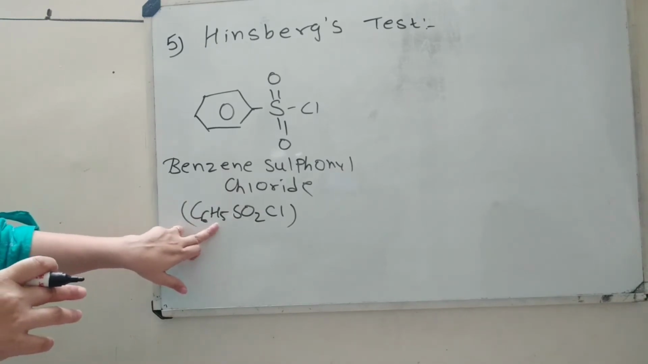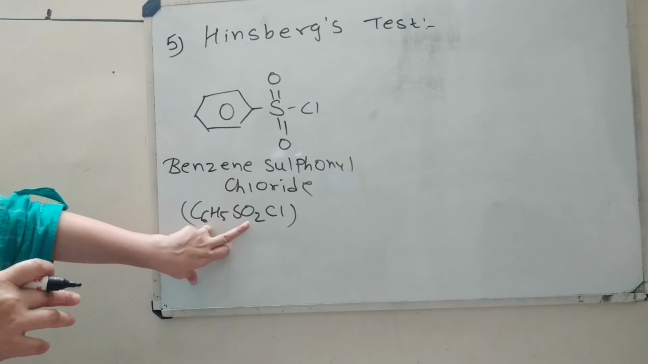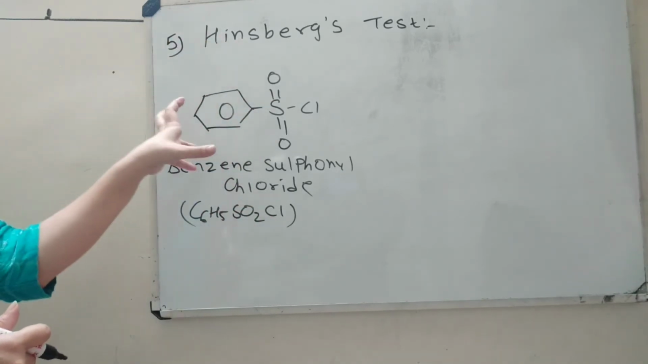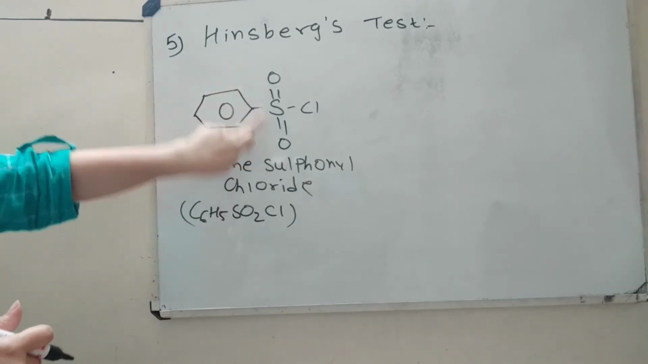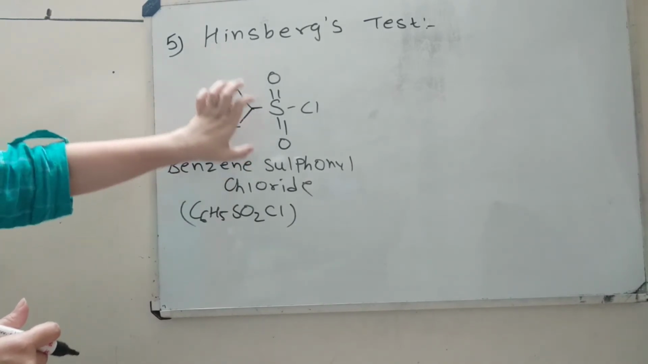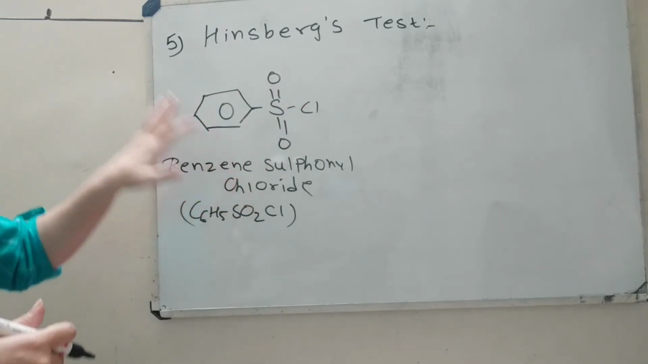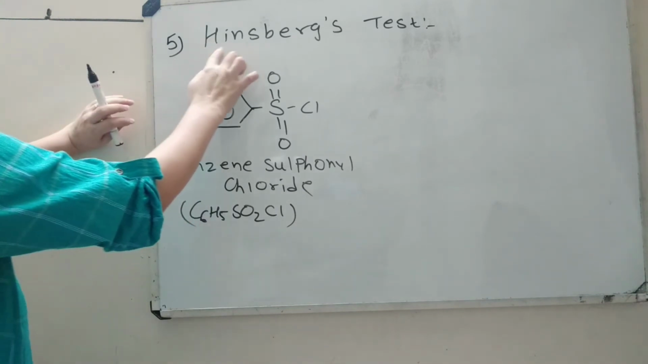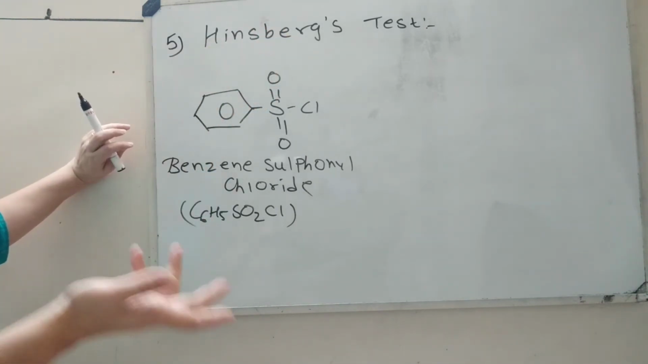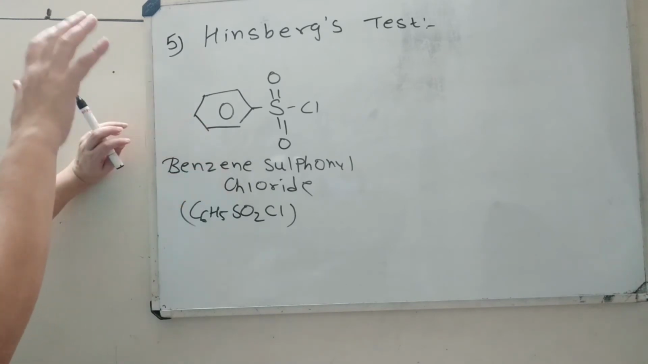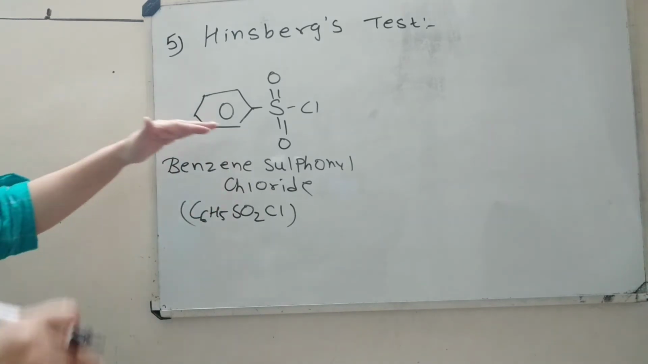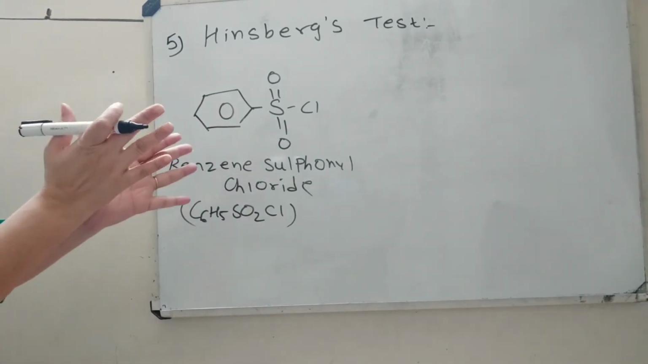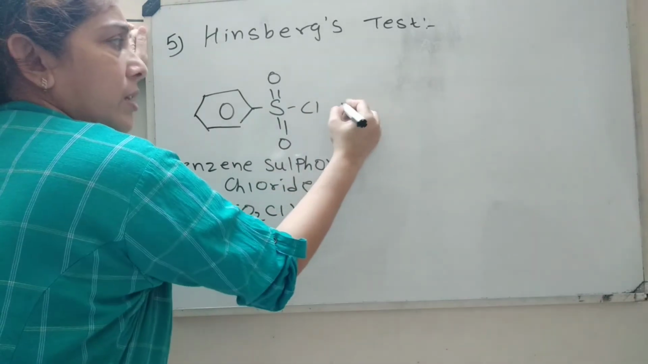Either you can write C6H5, sulfonyl is SO2 and chloride means Cl. Or we can write it this way also: benzene, SO group with two double bonds, and the Cl. It is benzene sulfonyl chloride. This reagent is known as the Hinsberg reagent, so this test is known as the Hinsberg test. When this benzene sulfonyl chloride reacts with either a primary or a secondary amine,